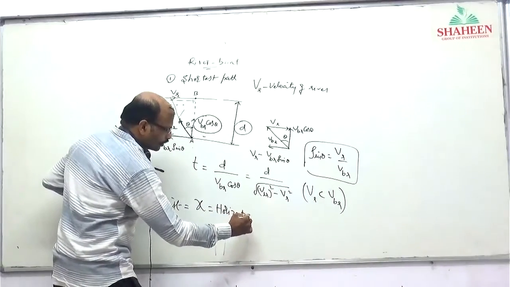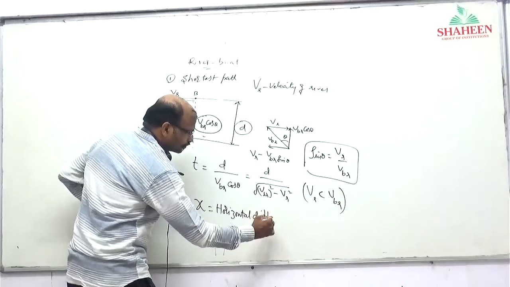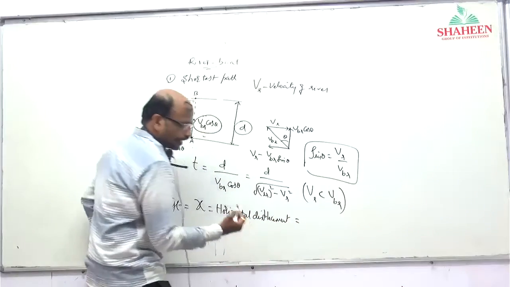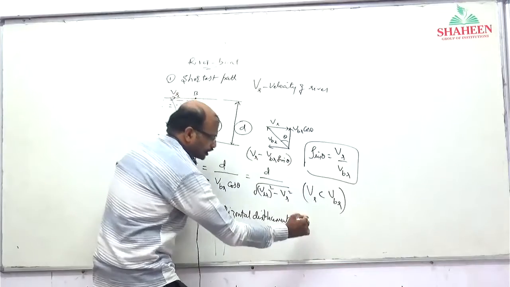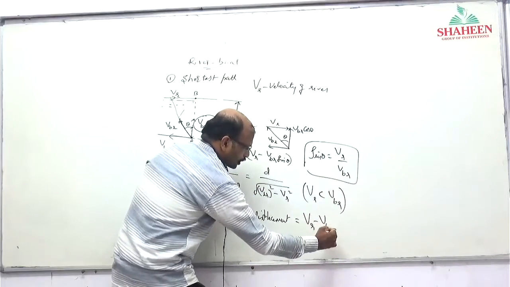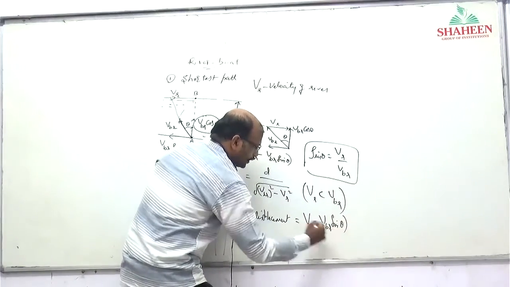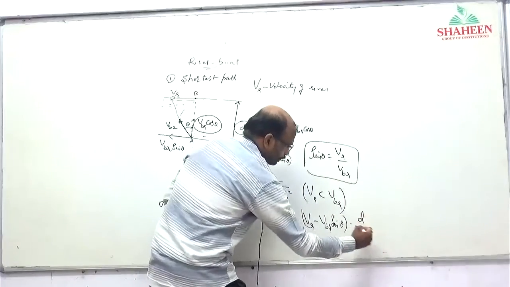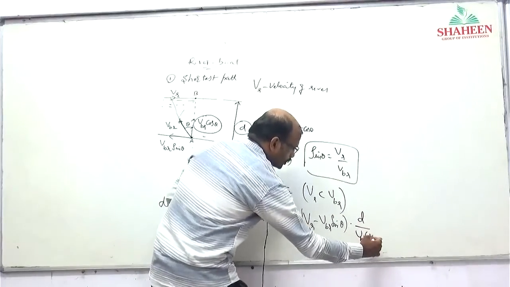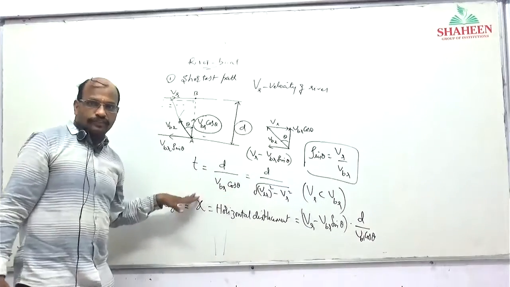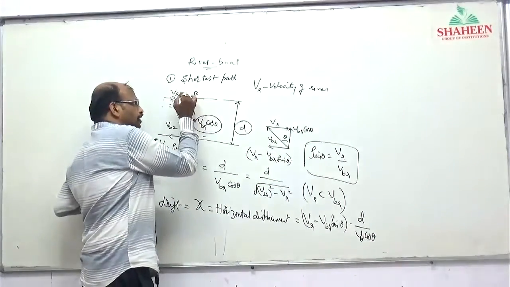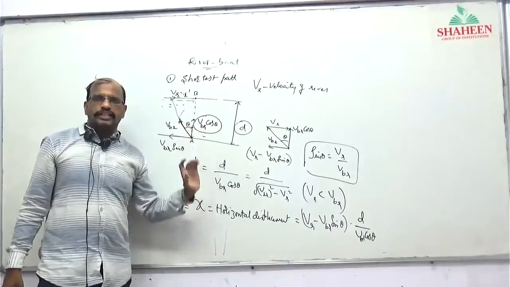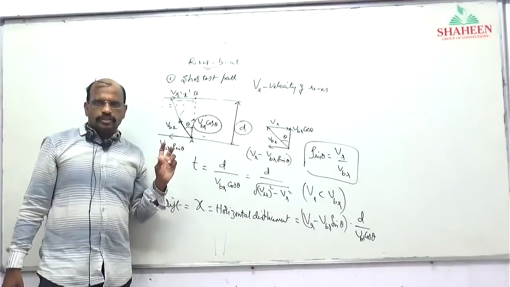Horizontal displacement made in time t is given by, right? Horizontal velocity I wrote here. This is VR minus VBR sin theta into t. What is t here? Time taken to reach that point B, d by VBR cos theta. Is it clear? This is the expression for drift. The horizontal displacement, the resultant horizontal displacement, is called drift. Is it clear? This point is clear.